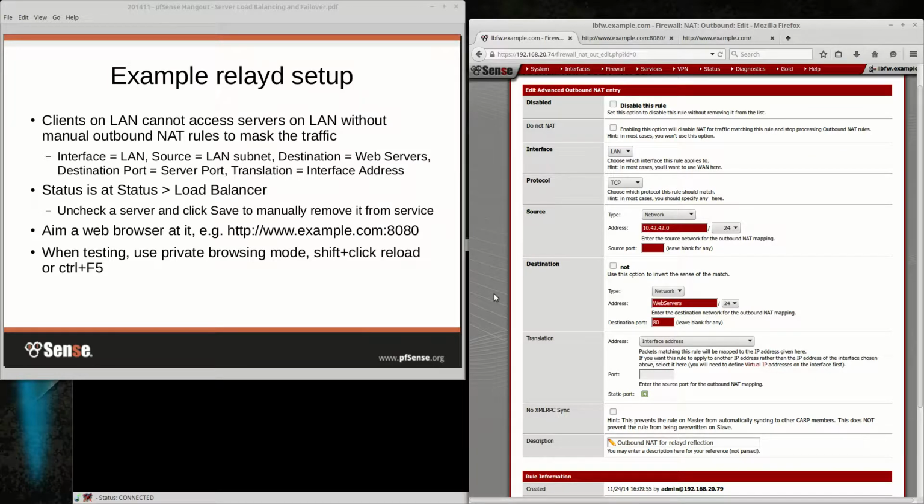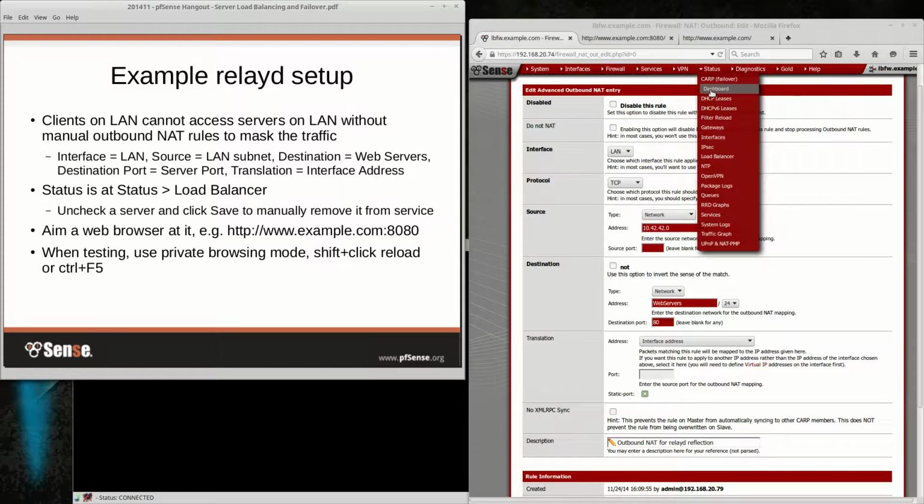There's not really a good solution for that locally, because of the way the NAT and everything works. There's just really not a good way around that in the RealAD case, because it's really a limitation of how networking is going to work when both the servers and the clients are in the same subnet, and you also need load balancing. If it was a simple web server, you could do split DNS and just come in locally, but in this case with RealAD, you can't really do that without losing your load balancing. So it's kind of a trade-off, but ideally you just move the servers off to another interface and everything works just fine without any hoop jumping.